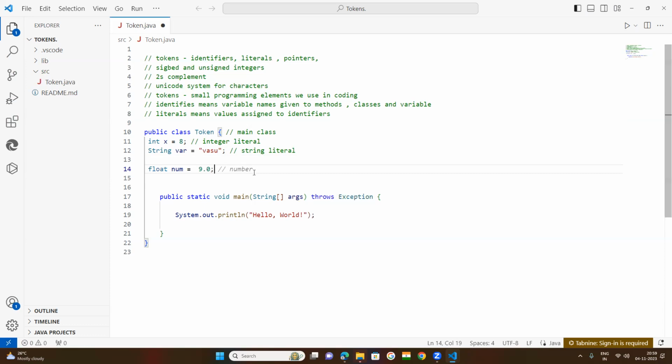Okay, now what happened? This float data type, num is a variable. It is a float data type, stores 9.0. 9.0 is not an integer, it is a float. So this value 9.0 is called a float literal. Literal means the values we are assigning for